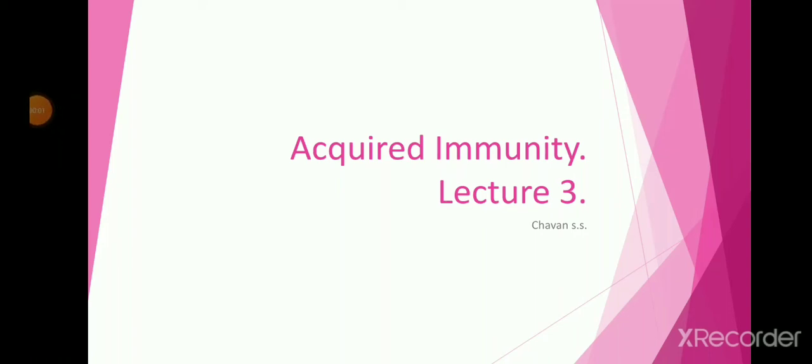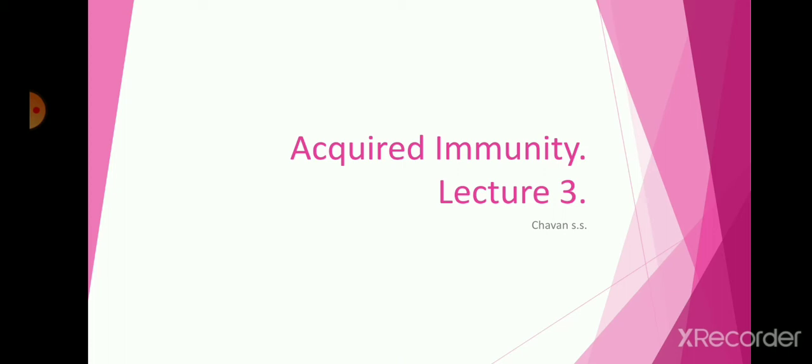Hello student, in the last lecture we talked about active immunity, passive immunity, and the primary and secondary immune responses, and how our body tries to eliminate microorganisms by using antibodies against them. In this lecture we will talk about how adaptive immunity and innate immunity communicate with each other and what factors actually work in this process.